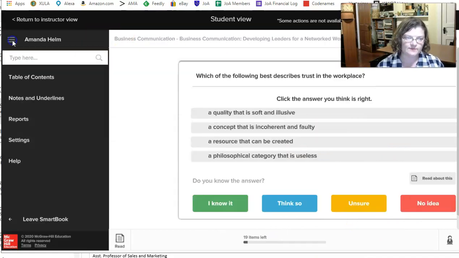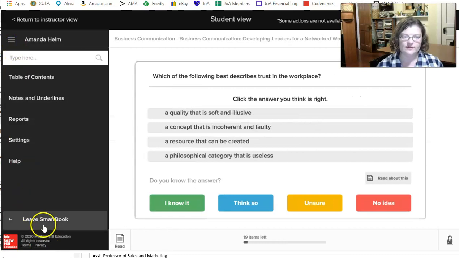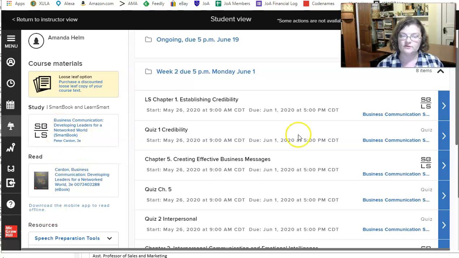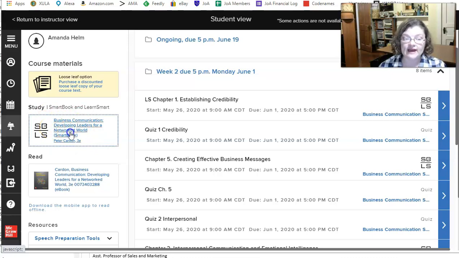So remember, to escape from this assignment and go to a different assignment, you always want to click back here. Then I see my full menu and I click Leave SmartBook, because SmartBook was the type of assignment. And while I'm in here, let's point out over here on the side, you see this Study SmartBook and Learn Smart. This is basically the exact same functionality, but this one is not worth any points. It doesn't track what you did. And in fact, if we click it,